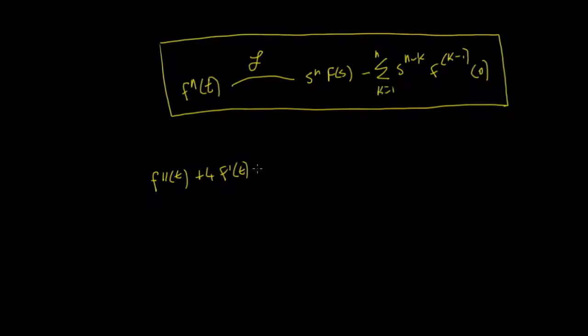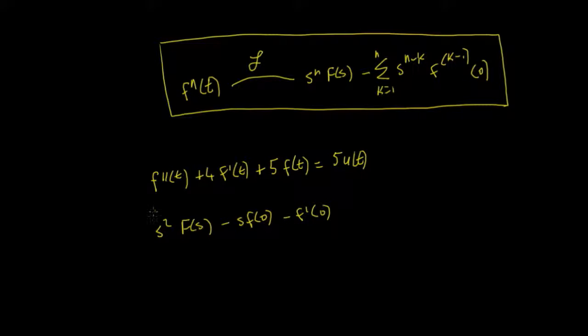and again I'm going to go over lots of examples in a separate channel, because this channel is really meant for the mathematics as opposed to the practicalities of doing the maths. Okay, so 5f of t equals 5 times u of t, then you can rewrite that as s squared F(s) minus s f(0) minus f'(0). That would be the first part, plus 4 times s F(s) minus f(0)